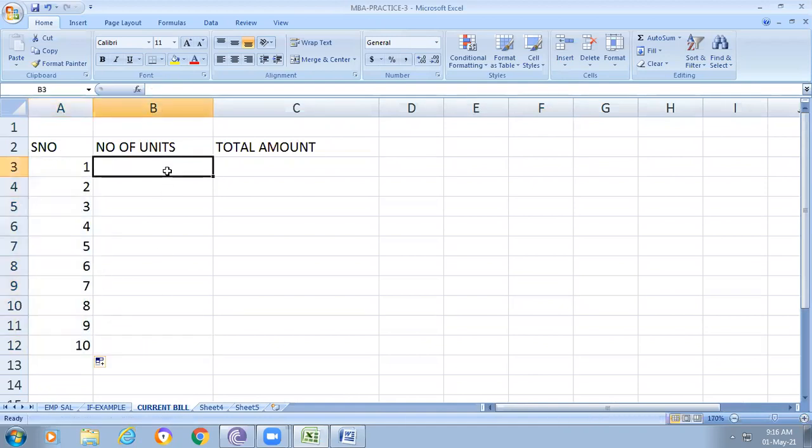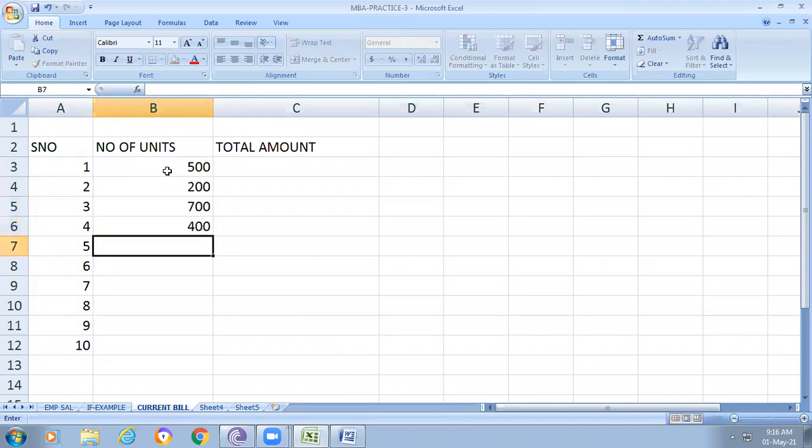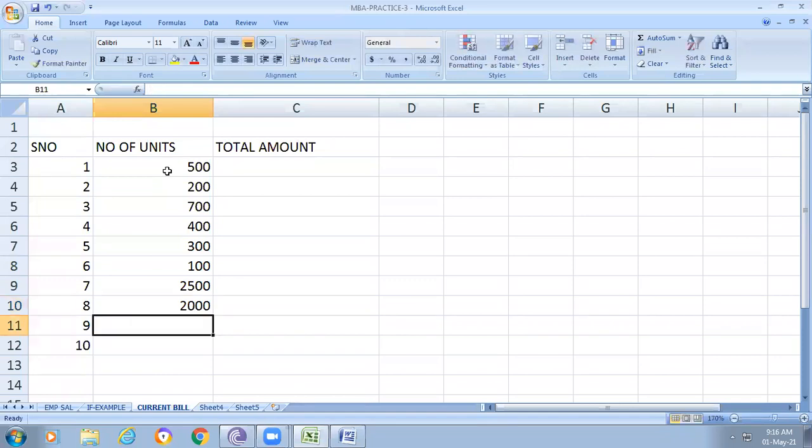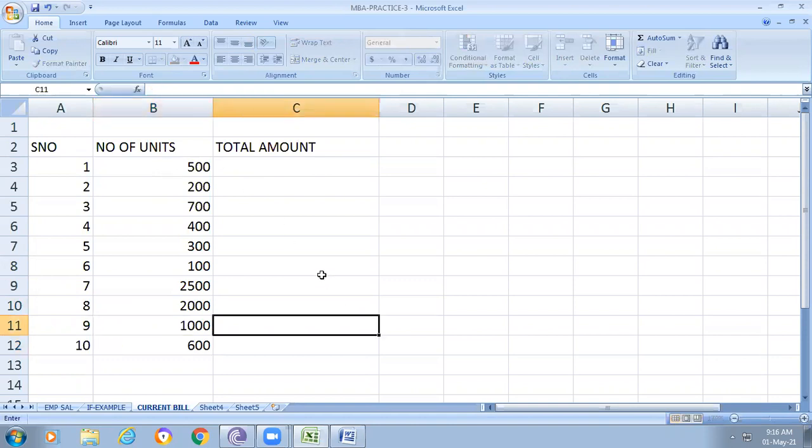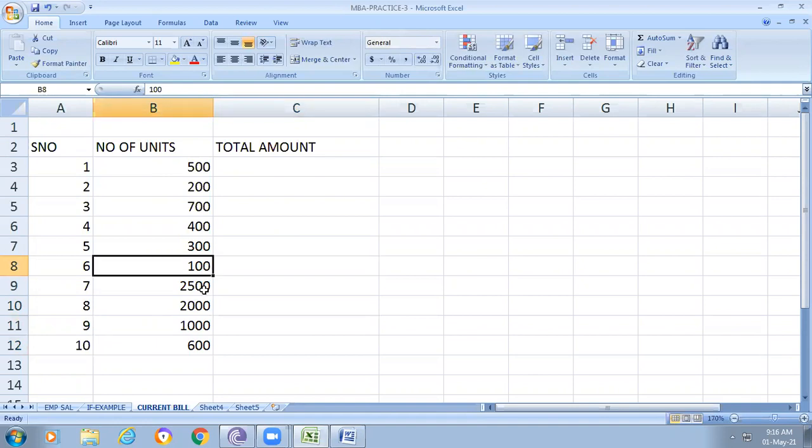Here I am entering 500, 200, 700, 400, 300, 100, 2500, 2000, 1000. I think I'm giving all types of ranges: 100, 200, 300, and greater than 300. Now we try to calculate with the formula.